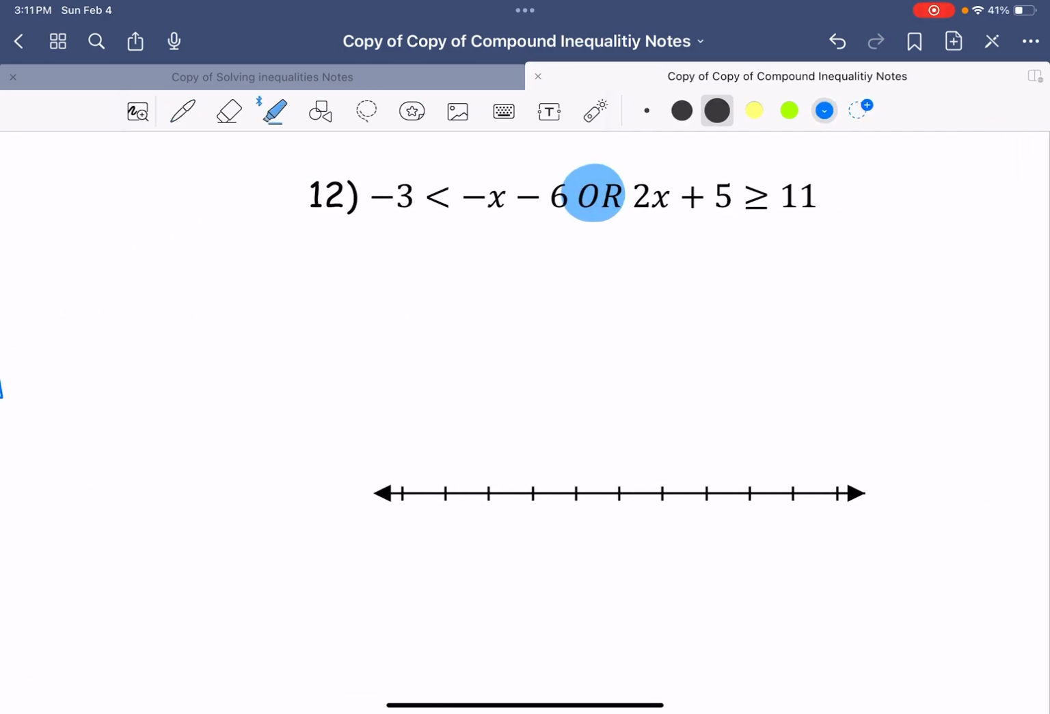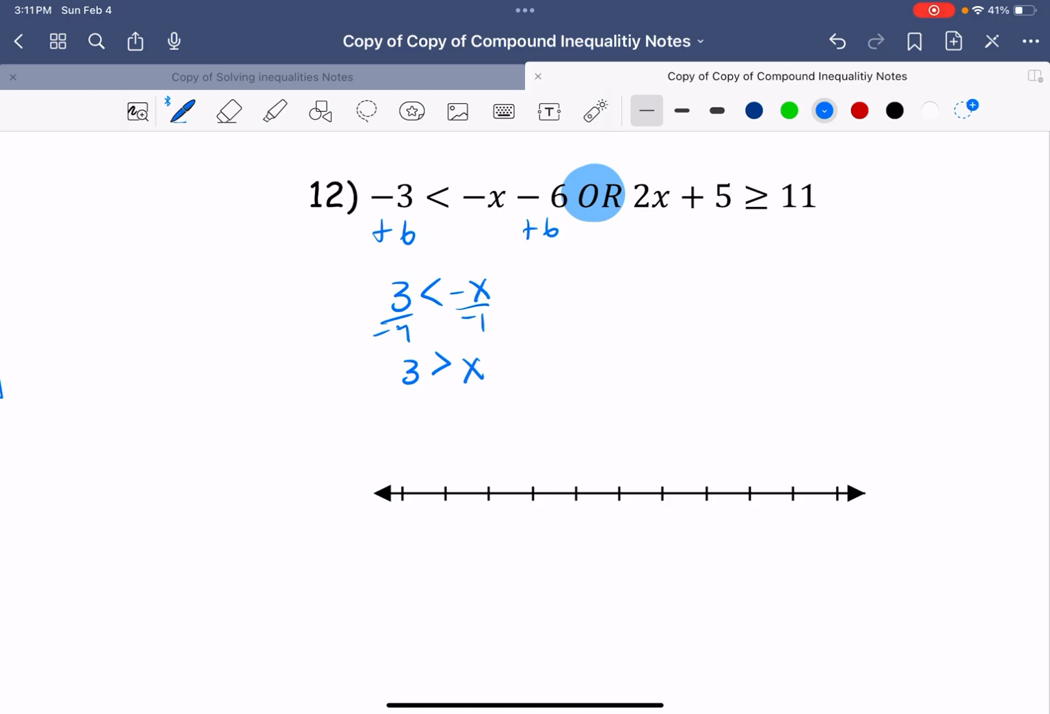Okay, and then let's look at this one. Again, we are looking to satisfy this or. So one of these just has to be true, but also we're just looking for possible solutions for one or the other. All right, so I'm going to move this over. I'm going to have 3 is less than negative x. Oh, what do I need to do? Divide by -1, which means I have to flip my sign. 3 is greater than